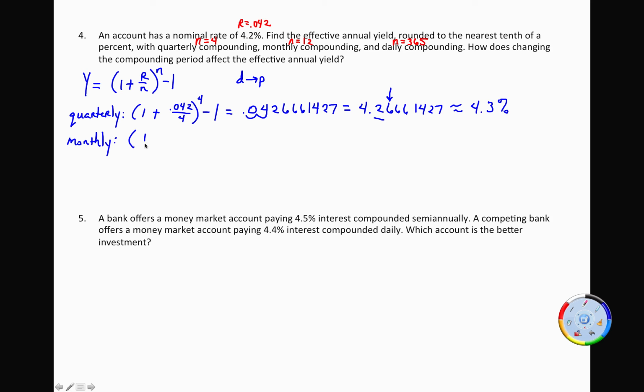Okay, the only thing I have to change is that 4 to 12. Instead of quarterly, I want monthly. So again, I can take advantage of my calculator and just hit second enter, and I don't have to enter the entire equation again. I can just go in and type over that 4 and make it a 12. Now be careful if you're adding extra digits, you might have to do an insert, but it's still quicker than retyping that whole equation. And this time I get